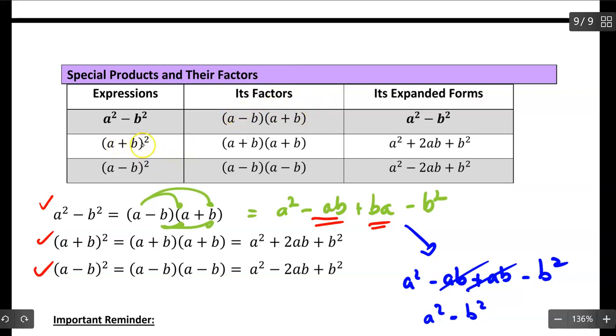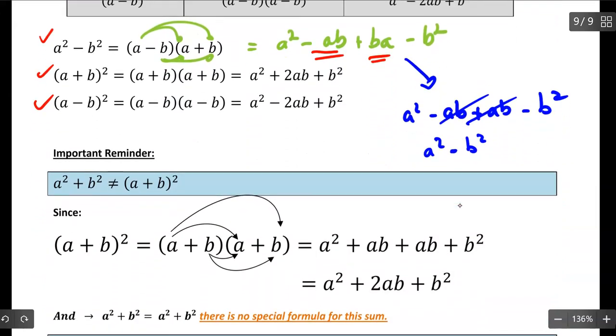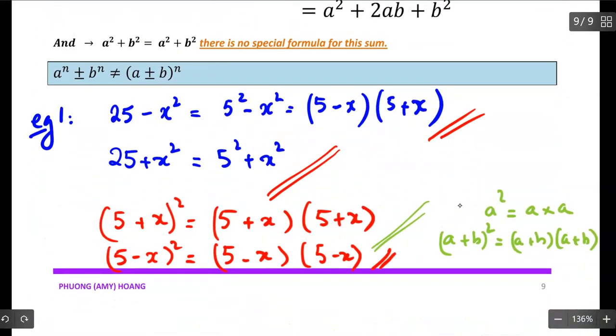A plus b, all of it squared, will be a plus b times a plus b, and its expanded form will have twice the product in between as a positive. A minus b, all of it squared, means its factor will be a minus b times a minus b. If you expand it, you end up with this trinomial, and there's a minus, twice the product of your middle term. These are the common errors that I have seen students make